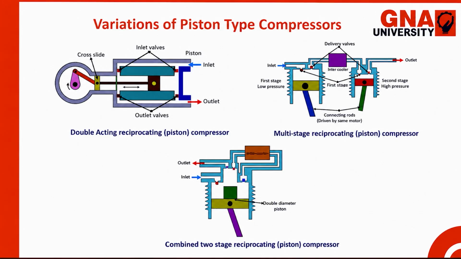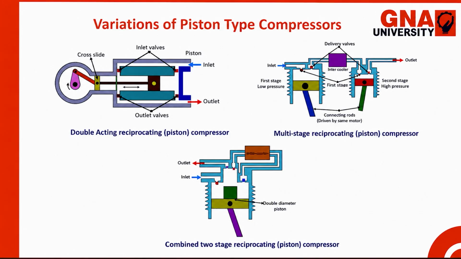Now, when the air comes on this side, then during the piston movement in this direction, it gets compressed here and we get the outlet. And when the piston moves to this side, the inlet air comes from here and it gets compressed. When the piston moves in this direction, we get the outlet from here. You see that these are the annular paths, and these annular paths are common for both of the sides.